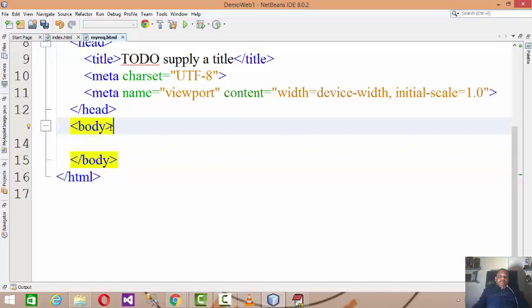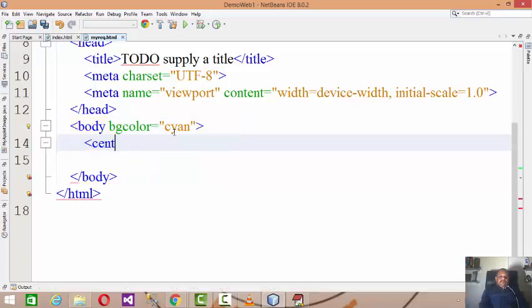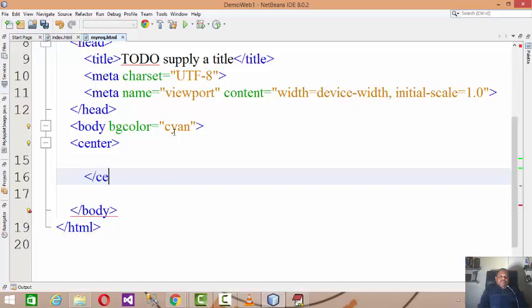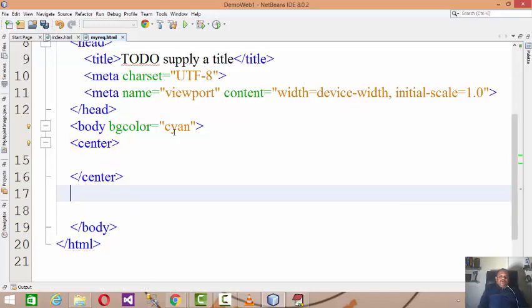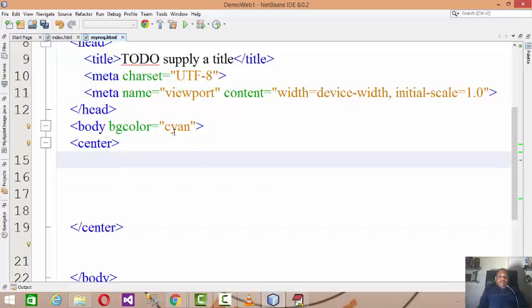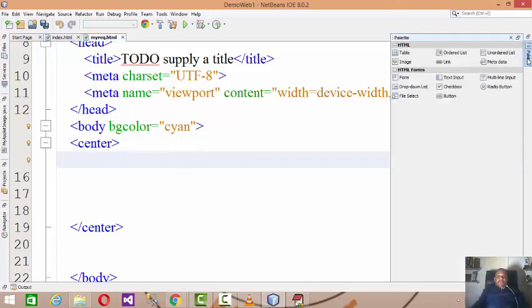So let's say I'll select body and the BG color with a certain BG color. Then I will put everything in the center, so I'll be using the center tag to align every data. And then here, to post the data from the request page to the response page, we have to take the help of a form tag, right?